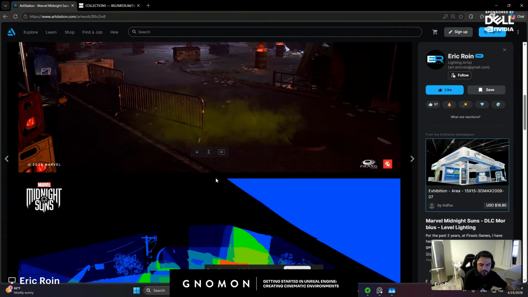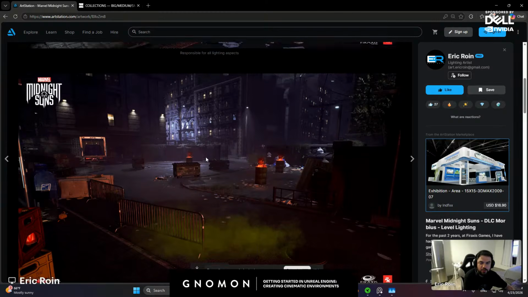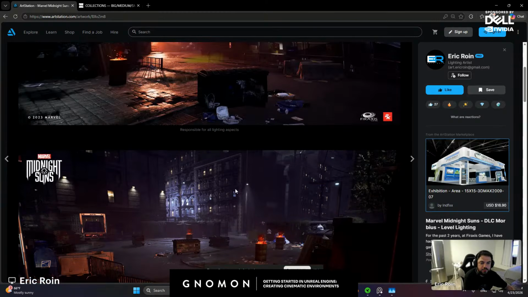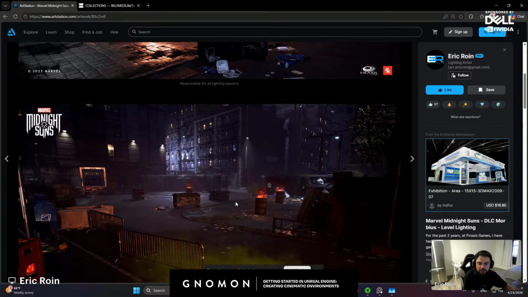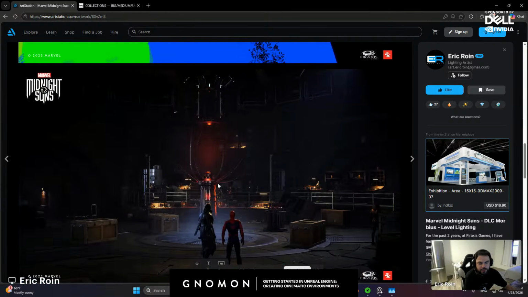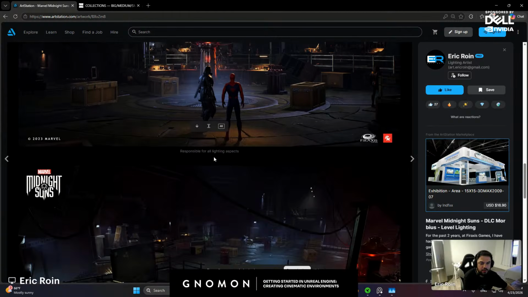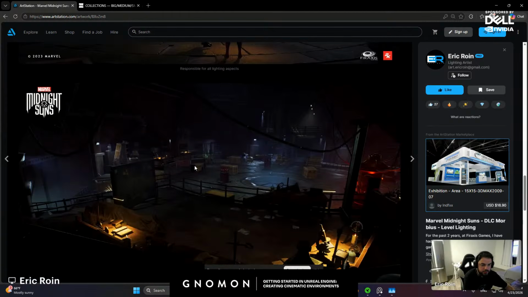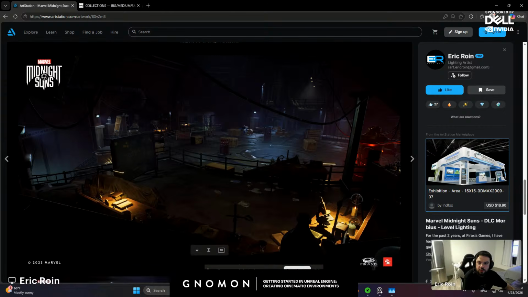Other examples of level lighting: a couple of months in, I was also moved on to do gameplay lighting, which is definitely different than cinematic. But when I say cinematic, I really mean in-game cinematics. So none of these shots are pre-rendered or anything like that. These are all screenshots from the game. And it was a big team effort. Obviously, I didn't do it by myself.